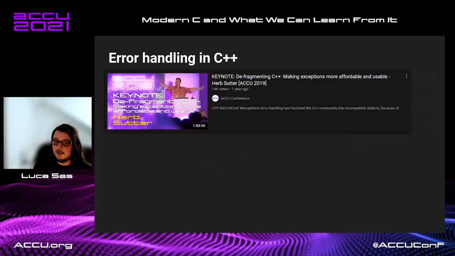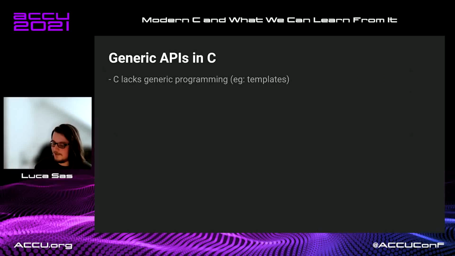And what's interesting is at ACCU in 2019, Herb Sutter gave a very interesting talk where he essentially presented a similar kind of mechanism, very, very similar to Zig's, but for C++. And I think this sort of shows that there is a lot of thought put into this, there's a lot of development in this space of systems programming languages. And C++ is now evolving alongside many other languages. It is not the sole systems programming language where the whole discussion happens. Now, let's talk about generic